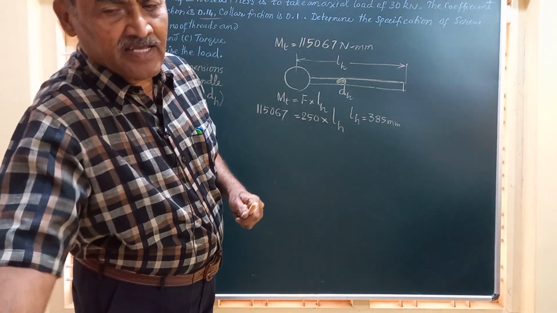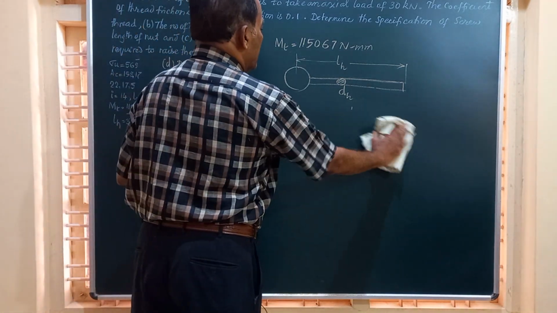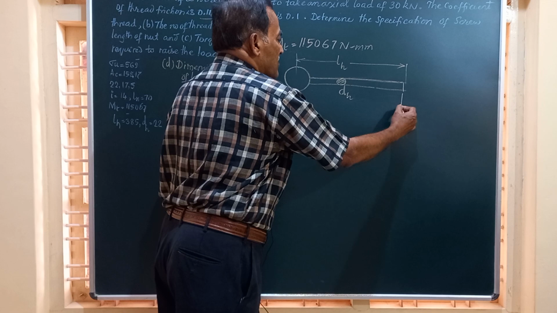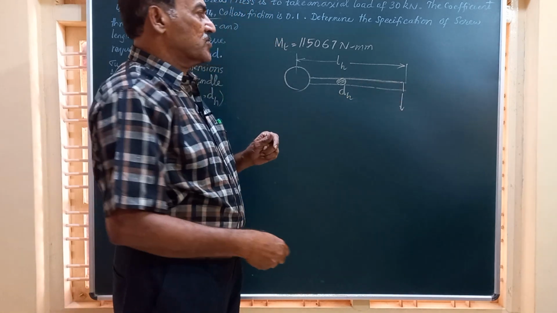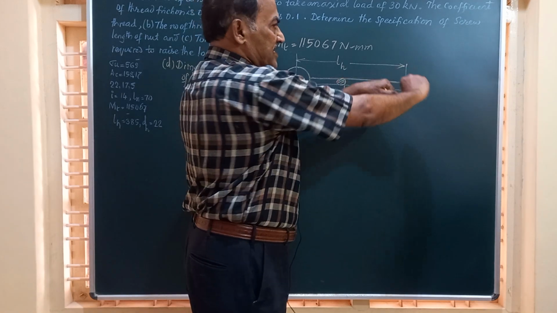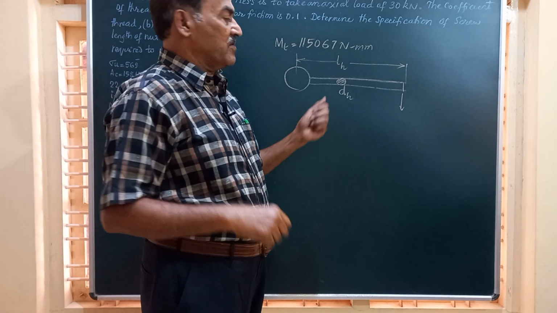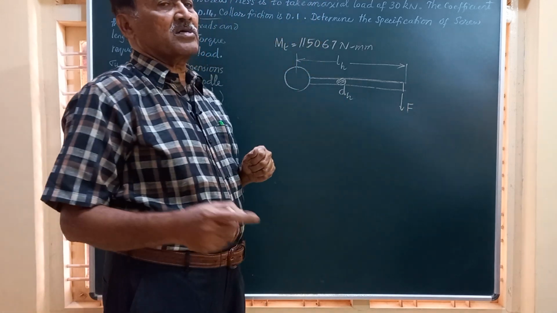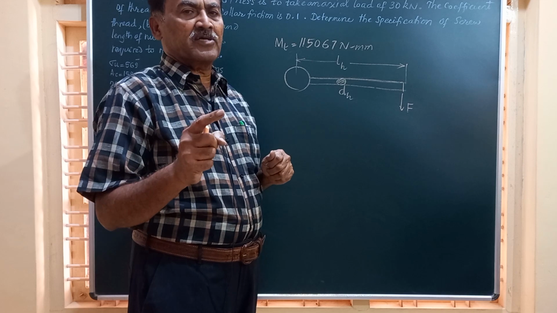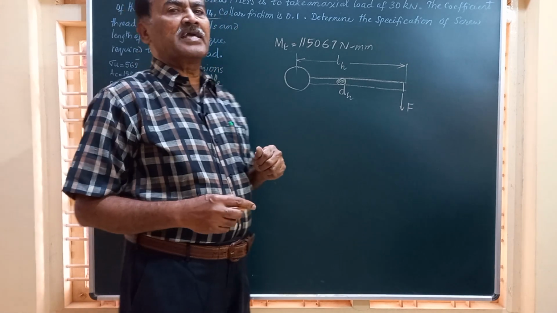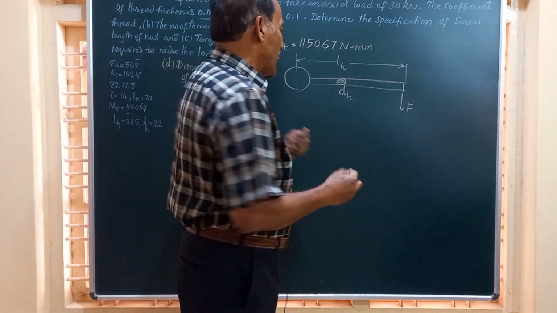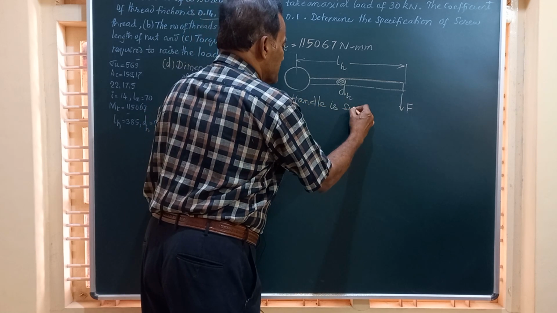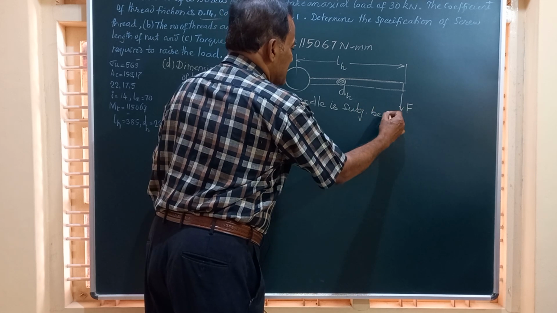Finally, let's see how to find out the diameter of the handle, that is DH. Friends, while applying pressure or the load here, this rod is subjected to bending. So we hold the end of the lever with both the hands like this and apply load perpendicular to the plane of the board. Say this is the value of F applied. Because of the load F, the hand lever is subjected to bending, and hence there is bending stress induced in the member. So we say the handle or lever is subjected to bending,